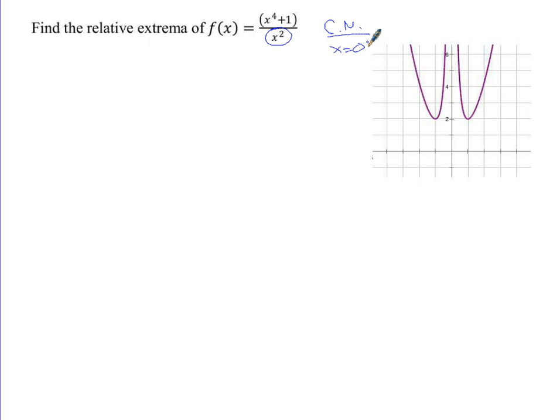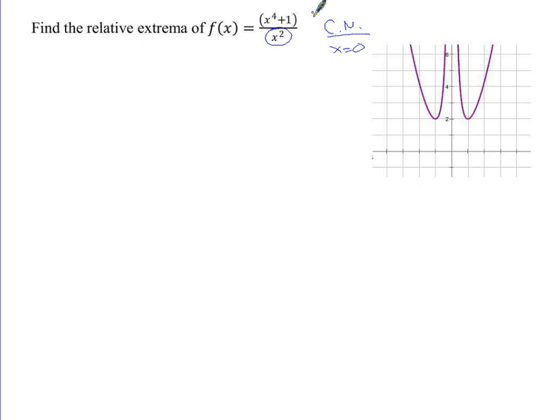Now I'm pretty positive that I'm going to have at least one more critical number, and actually, obviously I do since I have the graph sitting here. But because of this numerator, I'm guessing this thing turns around or something like that. I'm trying to imagine this thing without seeing the graph. So the next thing we need to do is what? Take the derivative. So to do that, what should I do? Could do the quotient rule, or rewrite it and use the product rule, or